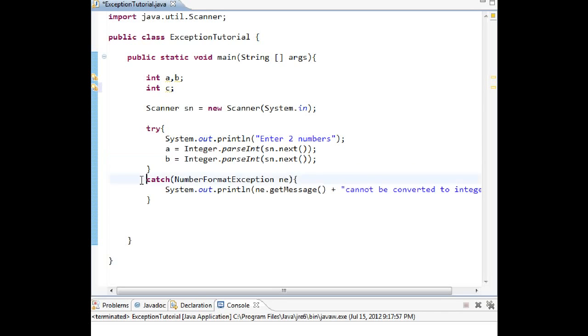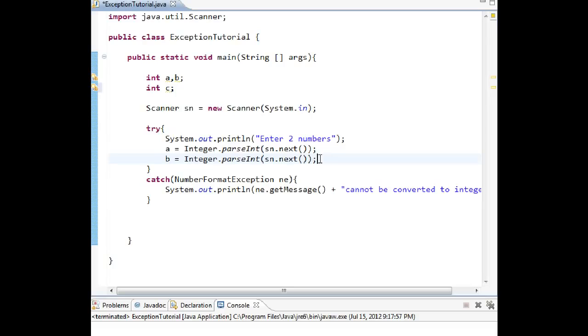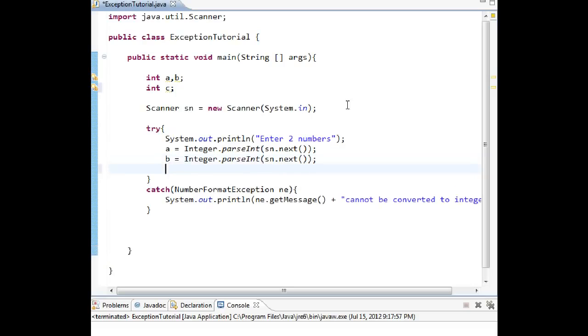But assume the user has entered correct numbers. Let's say the user has entered 2 and 3. They will be converted to integers and c is going to store the value of a divided by b. So what we are going to do now is inside this try block we are going to add another try